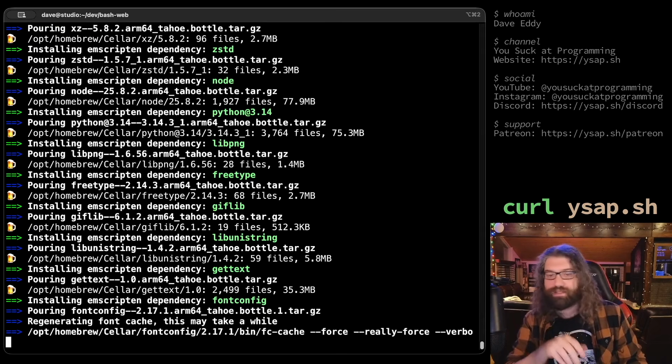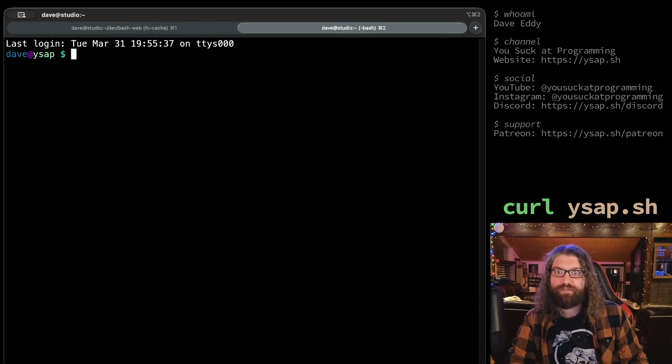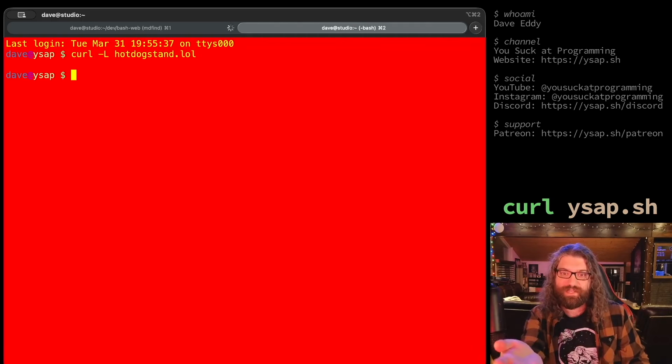All right, it's still installing, but this will be a little bonus for you guys. If you watch one of my previous videos where I talked about Bad Cop's website where she has hotdogstand.lol, and if you curl it, it does this to your terminal. Horrendous, where it changes the whole theme. Well, I created my own. You can curl